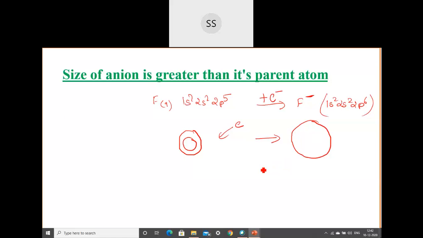So when the electron extra increases, effective nuclear charge is there. No, that will decrease because now that nucleus is not that powerful to hold so many electrons. Okay, for the 9 protons, 9 positive charge, there are 10 electrons. So then it will be like difficult for them. They can't have a hold of 10 electrons. Okay, so that is the reason why effective nuclear charge here decreases. Okay, so that's the reason.